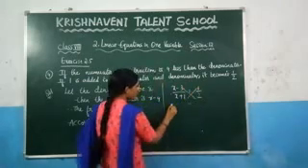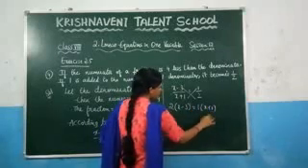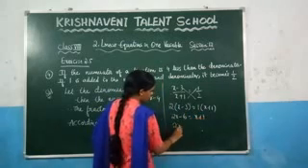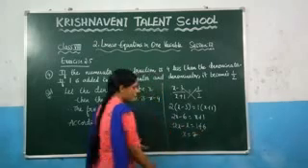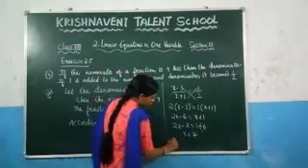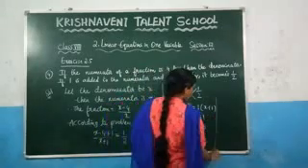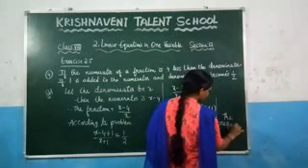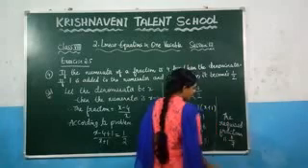Now cross multiply. What you will get? 2 into x minus 3 is equal to 1 into x plus 1. So we will get here 2x minus 6 is equal to x plus 1. 2x minus x gives you 1 plus 6, and x is equal to 7. This is the denominator, and the numerator is x minus 4, which is 7 minus 4, that is 3. So what will be the required fraction? Therefore the required fraction is 3 by 7.